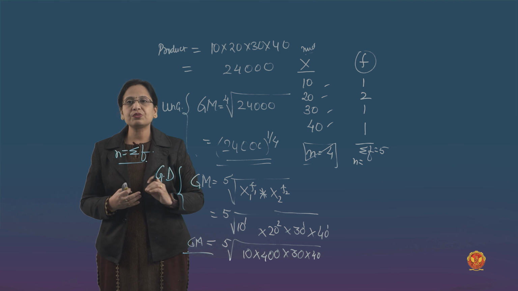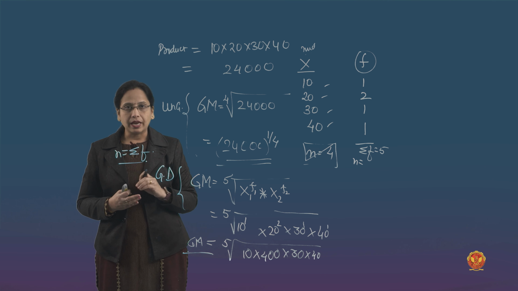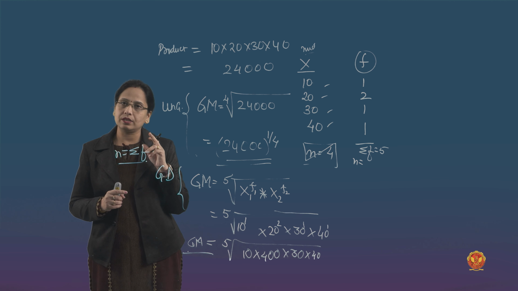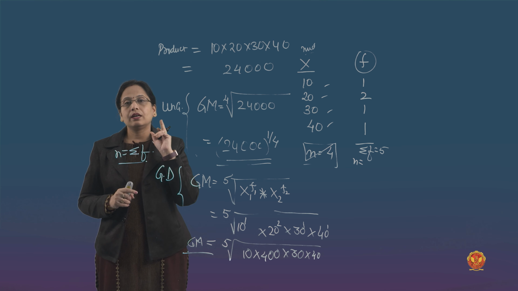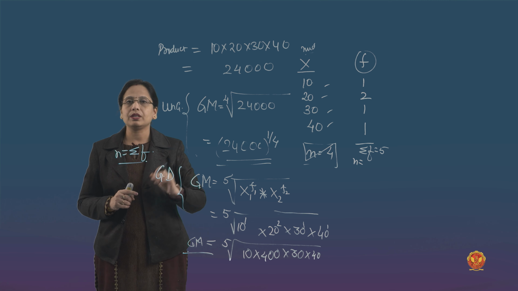It is also useful in averaging ratios, rates, percentages. It deals with this type of data. Besides this, the other important use of the geometric mean is in constructing index numbers. If you have studied index numbers somewhere, you might have seen that. In creating the index number, the geometric mean is applied.